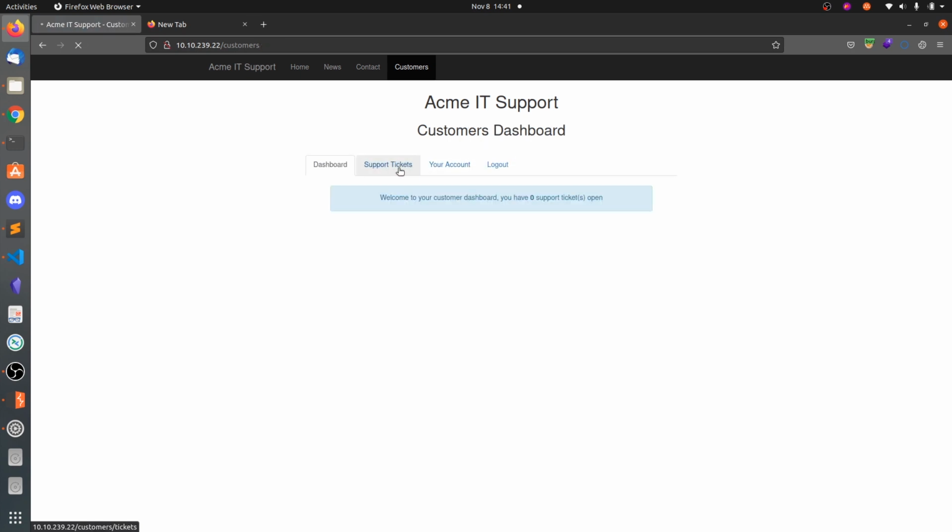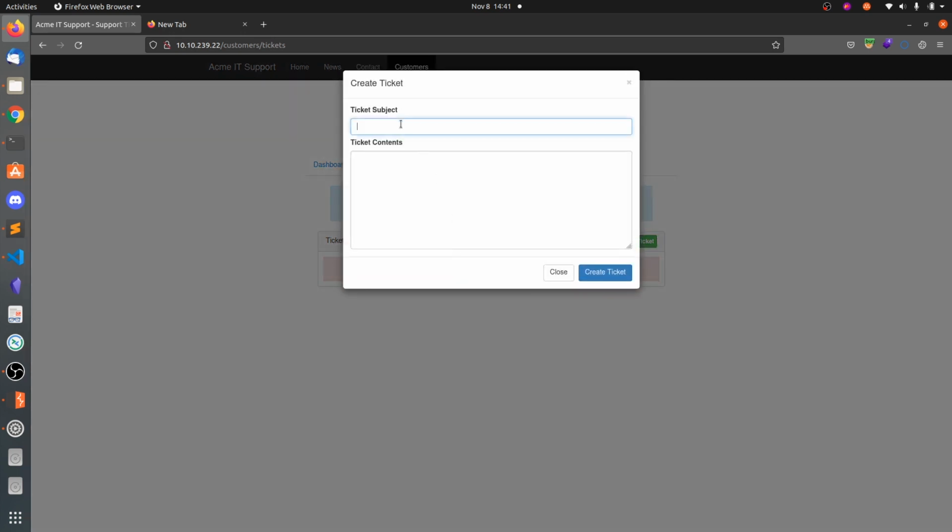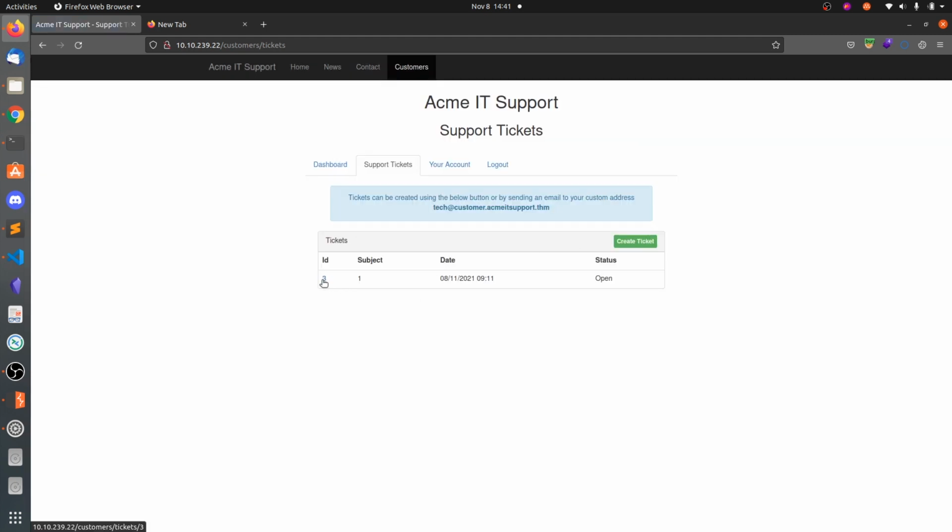And now support tickets, and click on this create ticket. Ticket subject, let's say 1, and here the contents, let's say A, and create this ticket. And now click on this ID to view the full ticket details.